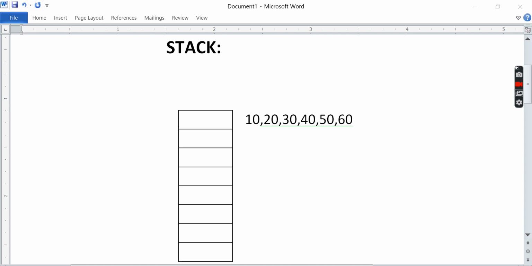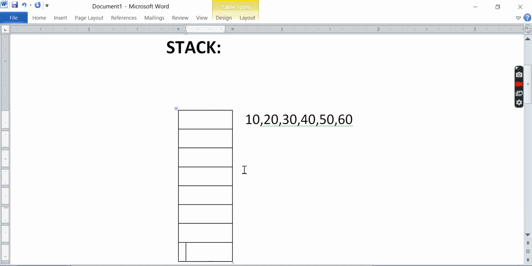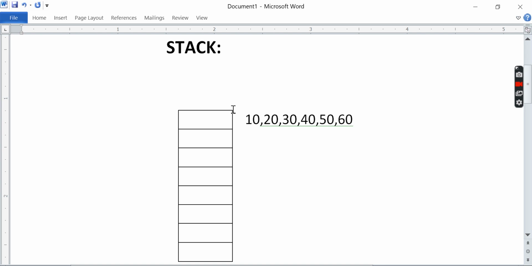Now if you see here, you have already watched that particular video also. This is a shelf-like arrangement, that is called a stack. Suppose you want to put elements in; there is only one end here, and there is no end at all on the other side. So the 10 will be inserted just through the top.